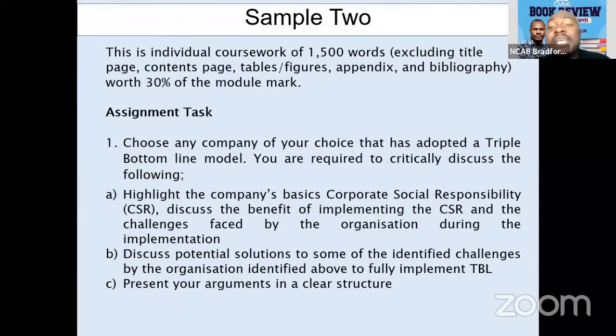Many students will not even mention the name of the company, and they will just be discussing. They will believe the lecturer will understand. Don't leave room for assumption. Don't allow your lecturer to understand. I will put it there that I don't understand. I want you to mention it. I've given you opportunity. Mention the name of the company. State it that this is the company you are going to be reviewing, and you are going to be critically discussing this company. Mention it in the introduction. Anything you want to do in that assignment, mention it in the introduction. The lecturer will be happy to see it.